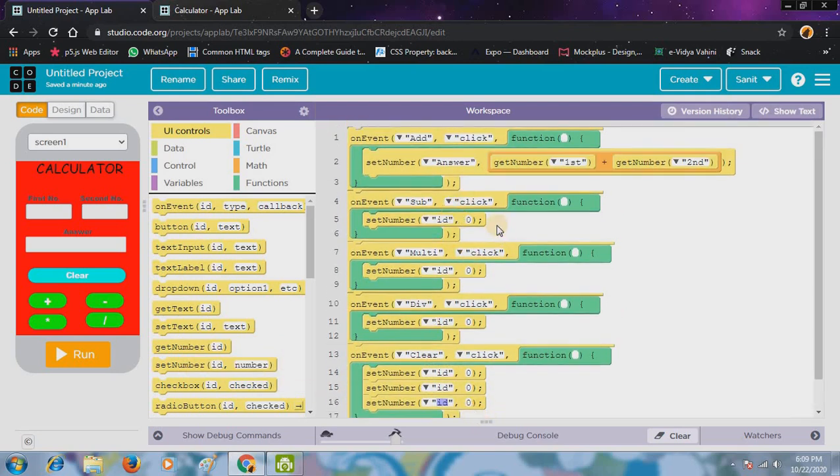Later on I will tell why. Then select ID, same, answer. Sorry, not here, answer, it will be subtract, multiplication, here answer, here also answer.